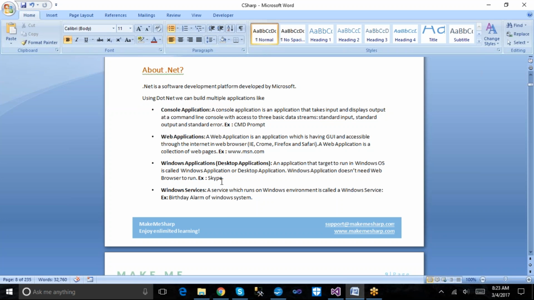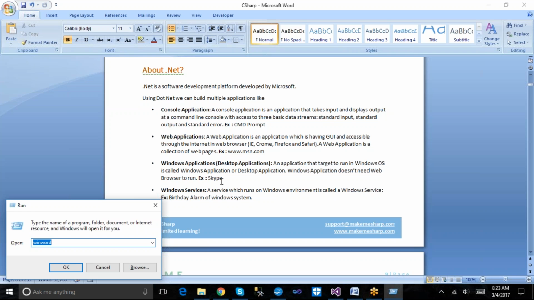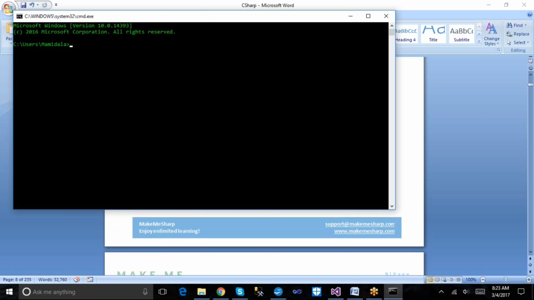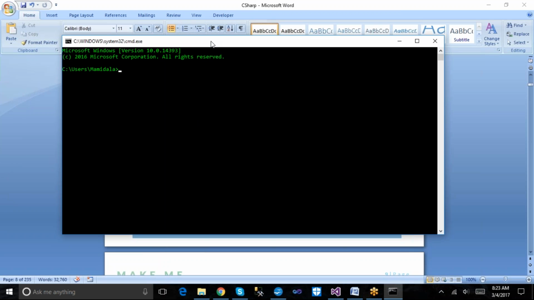For example, if you type Windows R in our system and type the command CMD here, it will open one dialog box. It will open one application here, which we call a command prompt.